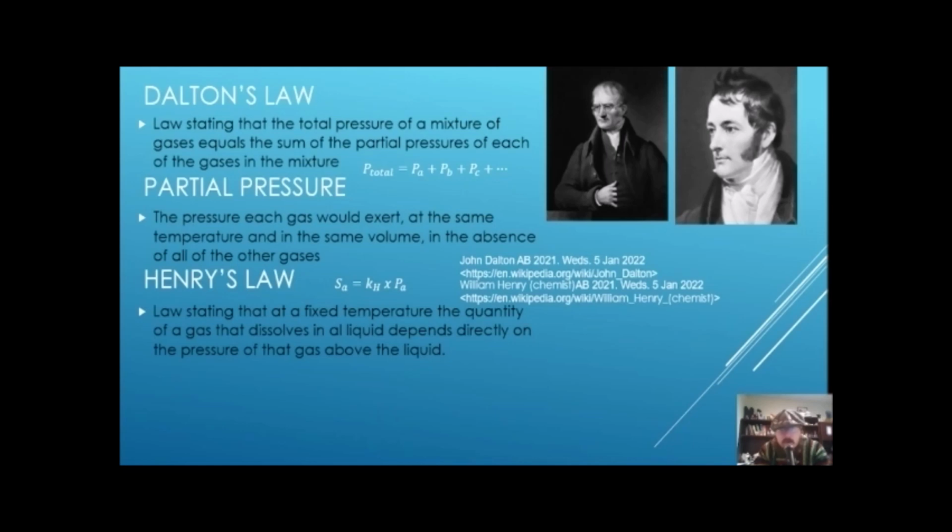So if I have 1 liter of hydrogen and 1 liter of nitrogen, and I put them together, the total is always 2 liters. If I have a half liter of this and a half liter of that, the total is always going to be 1 liter. Now,